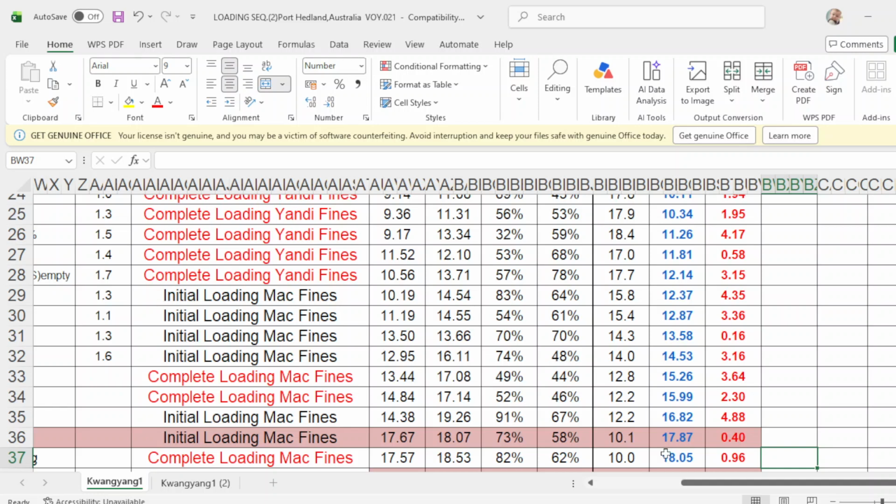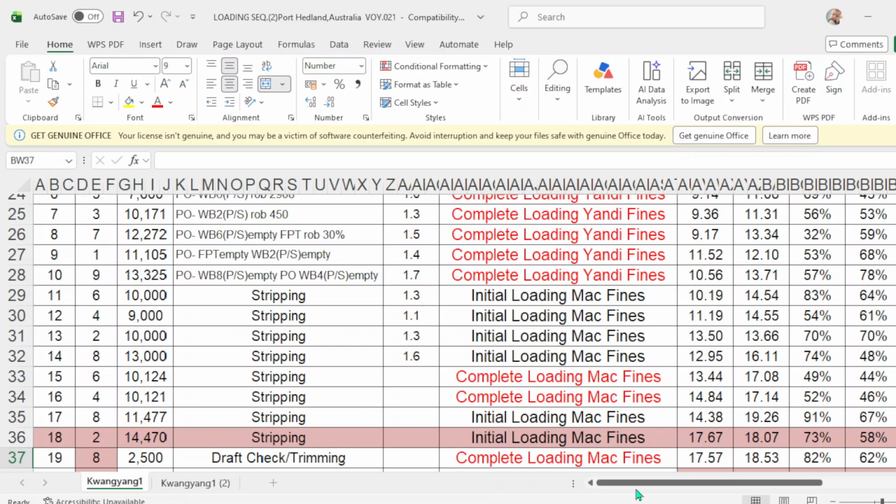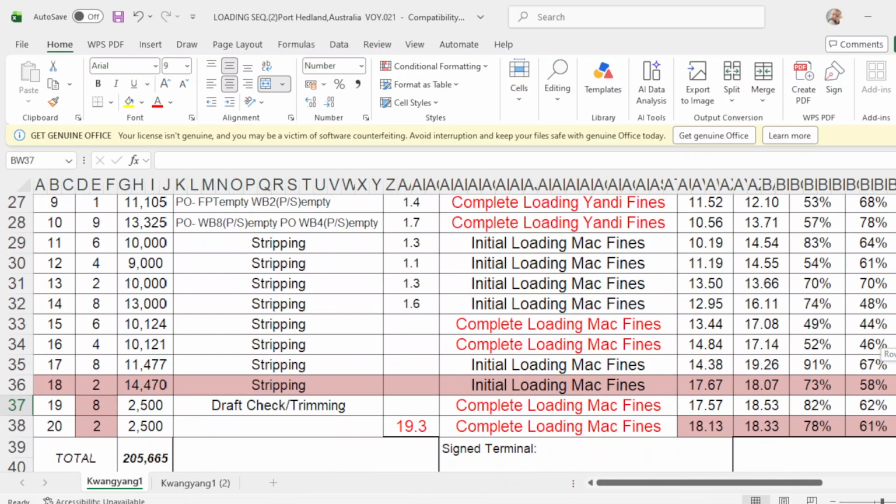The mid draft will be 17.87, and the trim is negative 0.40. The trimming holds are 2 and 8, and the trimming amount of cargo is 5,000.